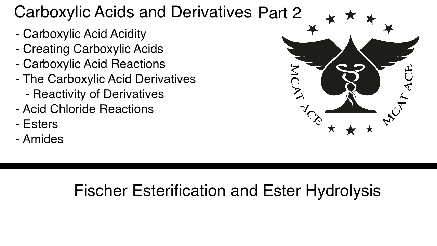So this is the same exact format we were using last time. We've already talked about carboxylic acid acidity, and we have talked about creating carboxylic acids and some of their reactions. Specifically, we have talked about carboxylic acids with acid chlorides and anhydrides, and what we're really going to focus on in this lecture is the reactions involving esters, because they are a bit different than the acid chlorides and the anhydrides. And then finally, we will talk about amides briefly before we get ready to wrap up and do our